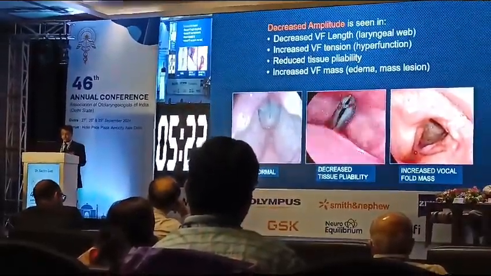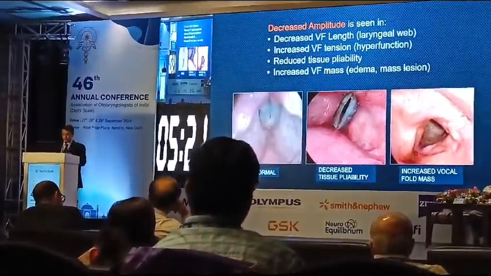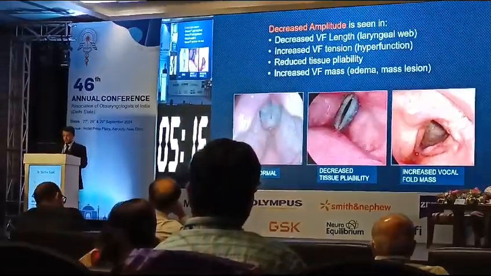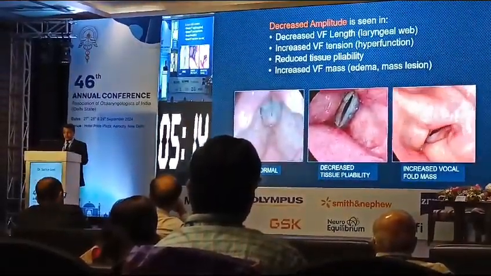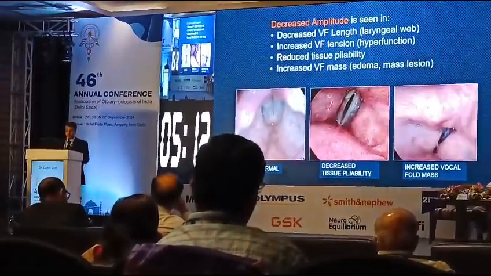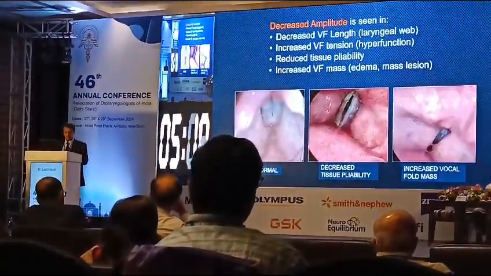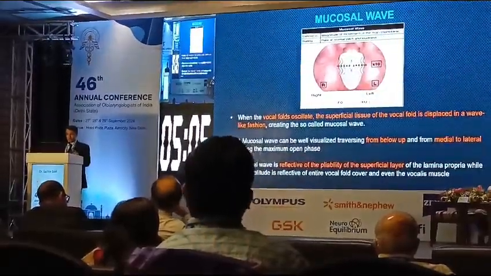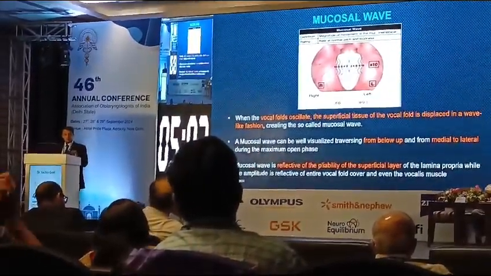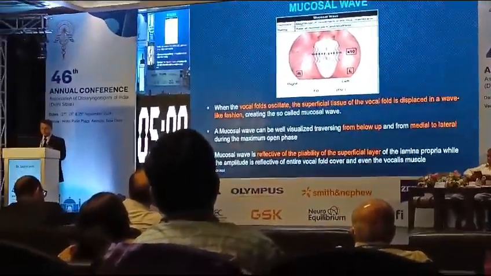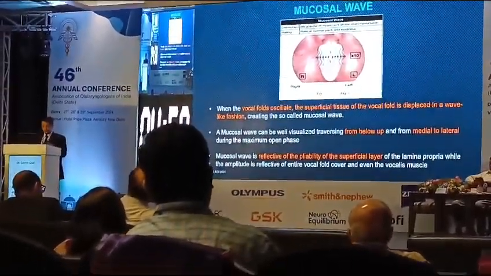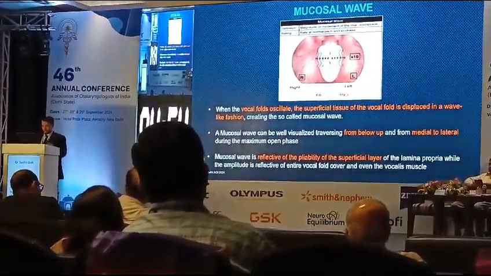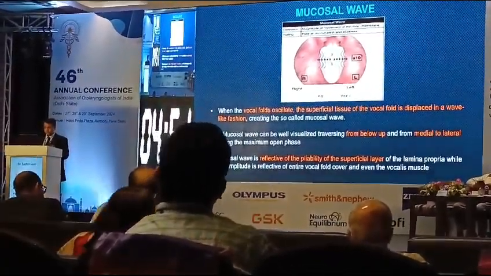The amplitude decreases in cases of reduced tissue pliability, like you can see in this case of a sulcus, and also if there is a vocal fold mass lesion, where you can see the left cord having a reduced amplitude as compared to the right vocal fold. Now, this is the most talked about phenomenon, the mucosal wave. Whenever the vocal folds oscillate, the superficial tissue, that is the cover, gets displaced in a wave-like motion. A mucosal wave can be well visualized going from